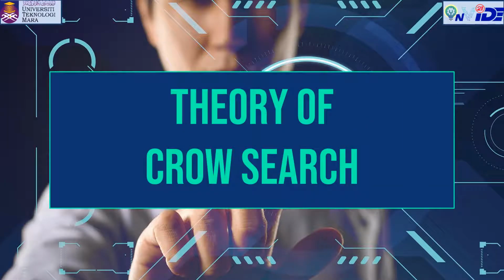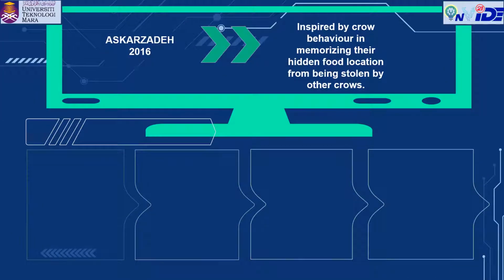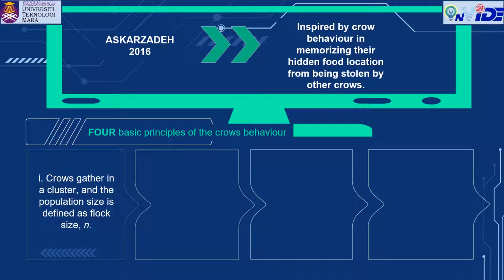Next, the optimization process, which utilizes the swarm intelligence algorithm via crow search. Crow search was introduced by Askarzadeh back in 2016. This approach was inspired by the crows' intelligence in memorizing their hidden food positions. Their behavior prevents other crows from stealing their food. There are 4 basic ideas from this algorithm, which are: